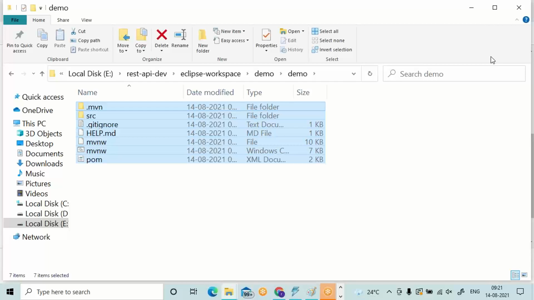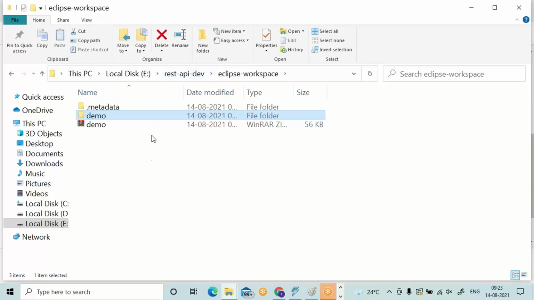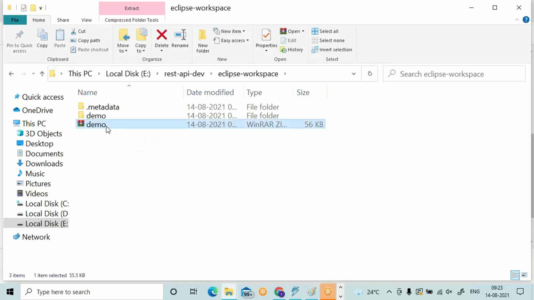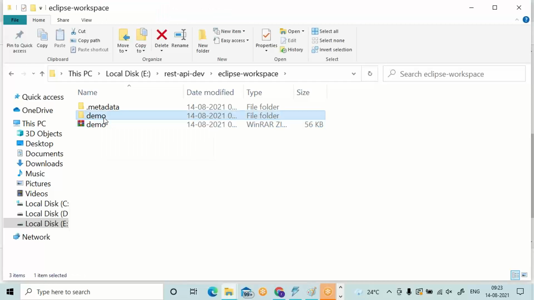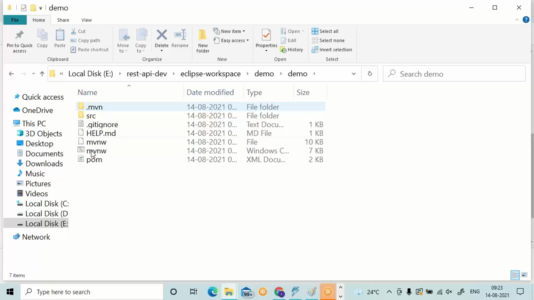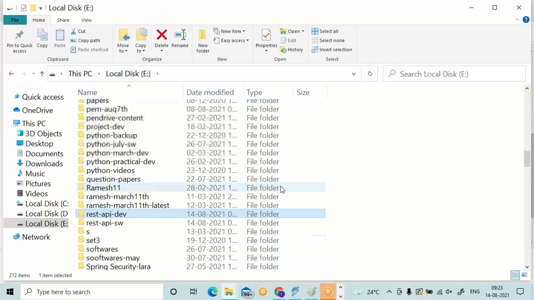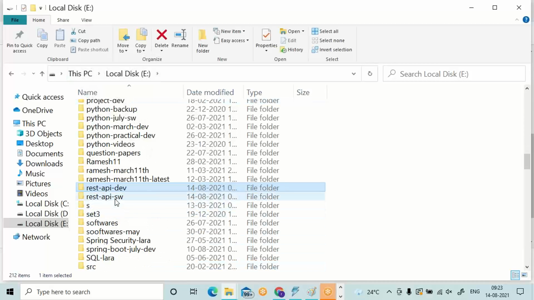In the Eclipse workspace, demo extracted, one more demo. This is completely a Spring Boot project. This project should be imported into Eclipse in order to enhance the same. Now, open Eclipse. Eclipse is there in the softwares folder.